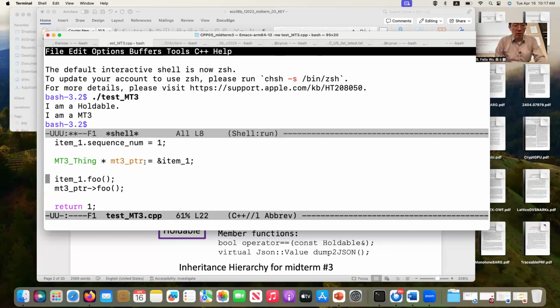Okay, so now I'm going to do one more trick. I haven't actually really done this, but I'm going to do this anyway. Can I do this? I might be able to do this. Let me try to do this. I'm actually going to cast it back. I would say holdable